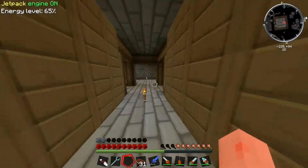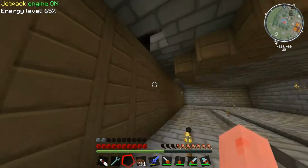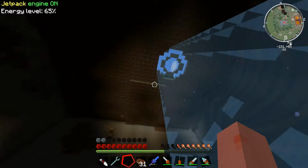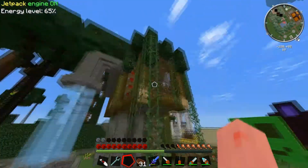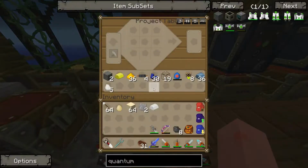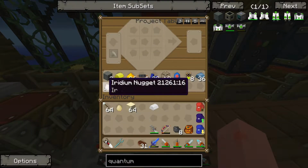And I'm probably gonna set up another quarry to get a bit more ferrous going, because ferrous was one of the main sources of iridium. I mean, it's a decent source. Don't knock it. You haven't tried it. But we'll go ahead, and I do have the rest of the recipe set up in here. So we're going to go ahead and...